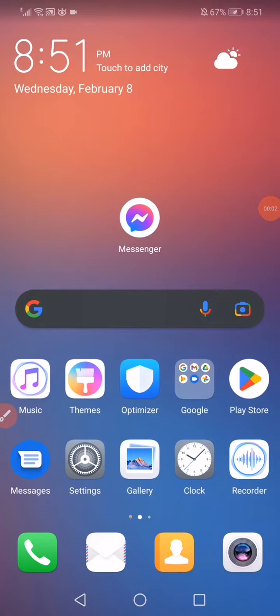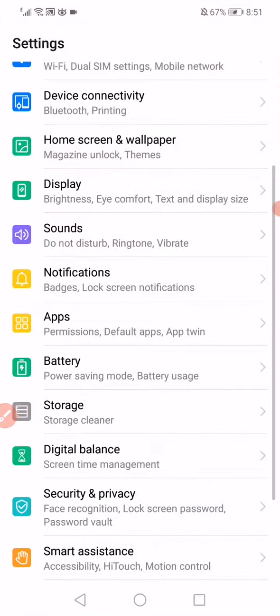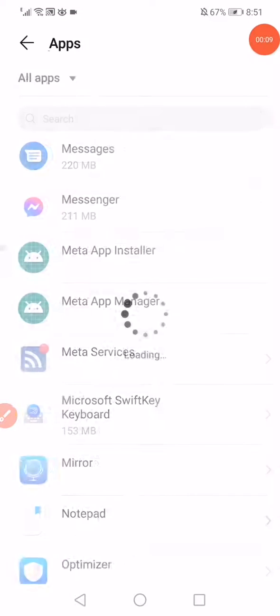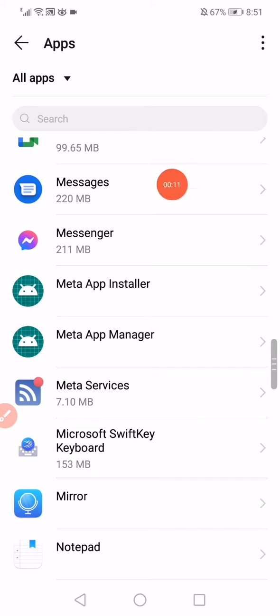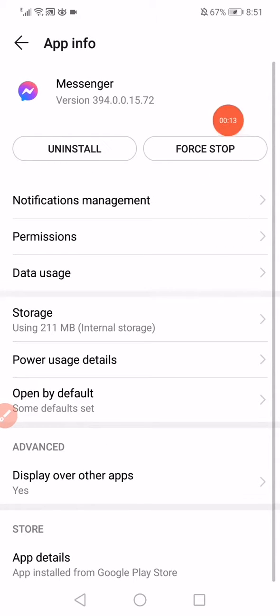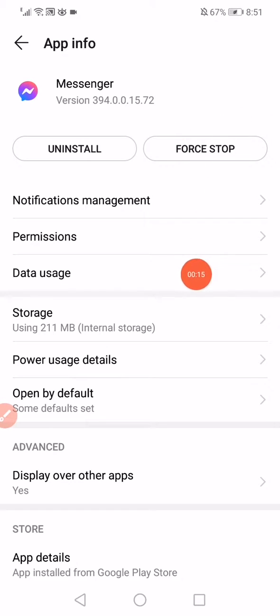How to fix Facebook Messenger switch accounts. Open the settings, go to the apps. When you open the apps, it will take you to this page. Search for Messenger, click on it, click on force stop to stop the app, and then go to the data